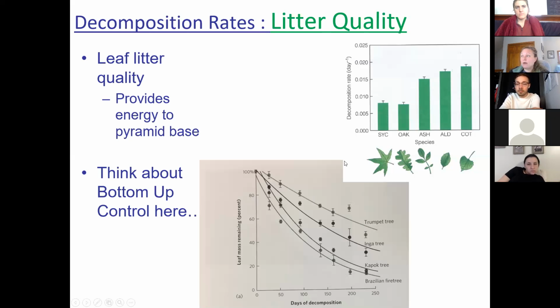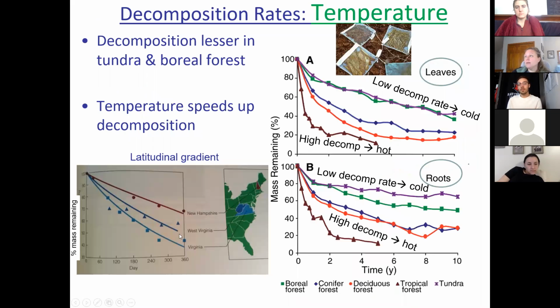Okay. Now think about what that means. Remember, we've been talking about bottom up and top down. The more types of trees and plants that you have that don't have as much lignin, the more available nutrients you would expect to support bottom up, right? So the quality of your forest, overstory and understory, as they start to break down, really does matter, because that's the base of your pyramid, right? That's the base of the energy that can be built up upon it.